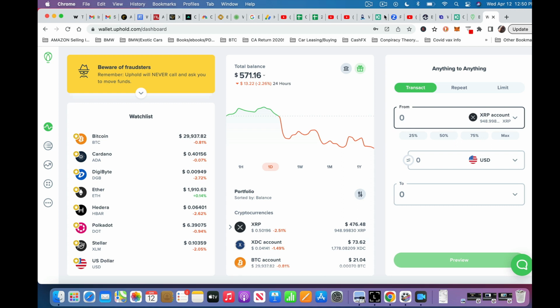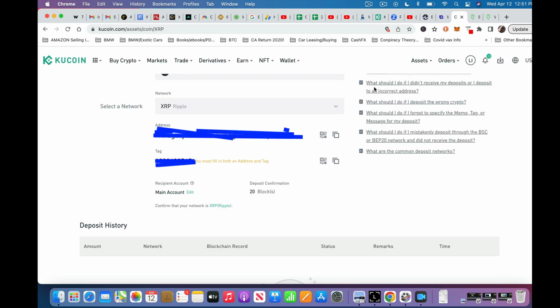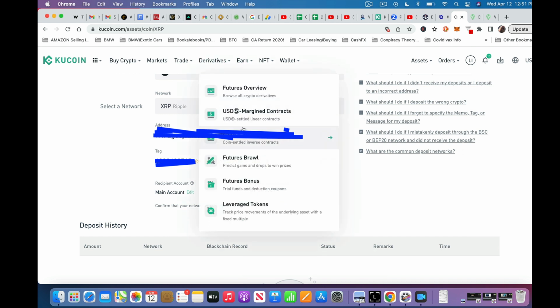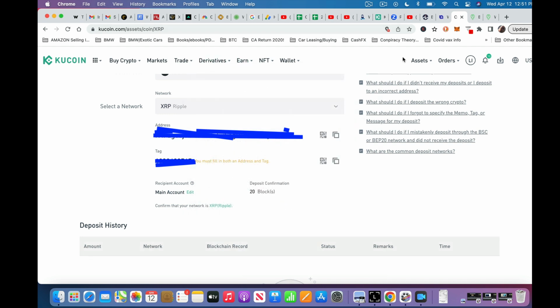And I decided on two things: how to show you how to move XRP from Uphold over to KuCoin, which is where I'm prepping to do a little trading. I'm going to figure out how to use that trading. It's not that difficult, and I know that, so that's not a big deal. But I thought I'd take you every step of the way because, firstly, when you go over to KuCoin and you want to do a deposit, I'm going to blank this out when I edit, but